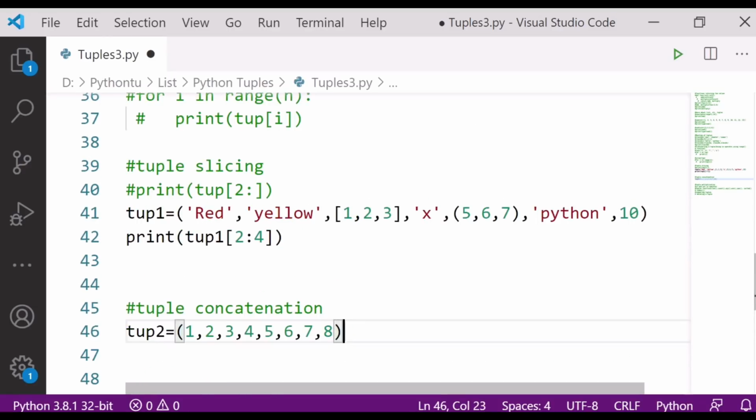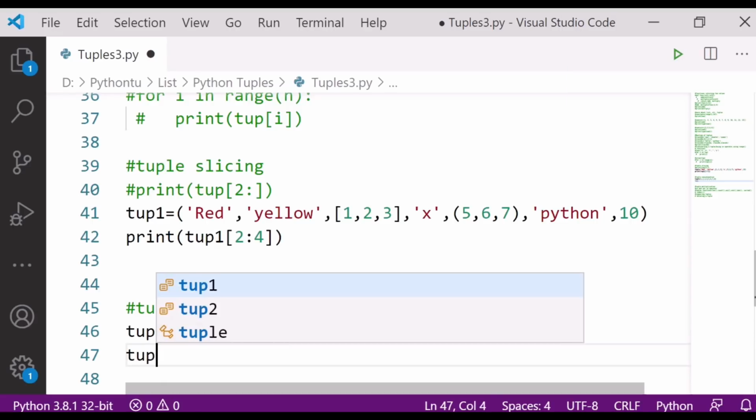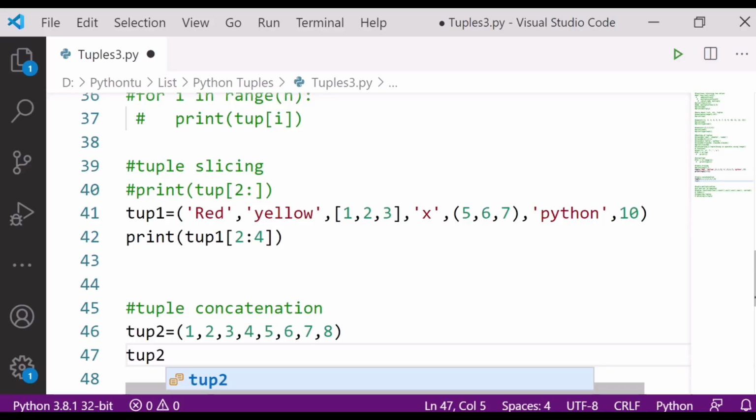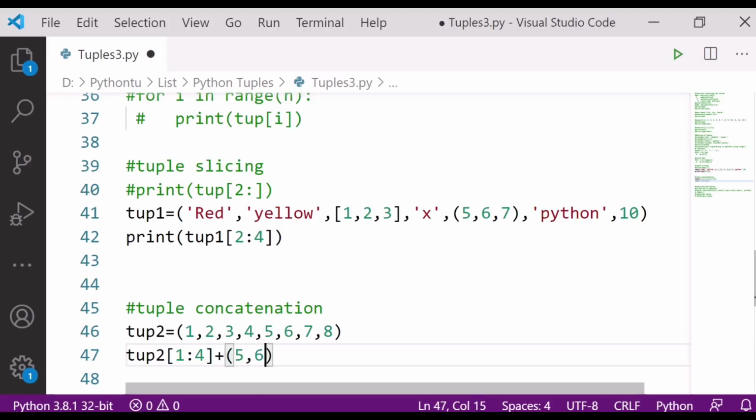Now what I want is tuple 2, 1 to 4, plus I want to combine these values, don't forget, 5, 6.